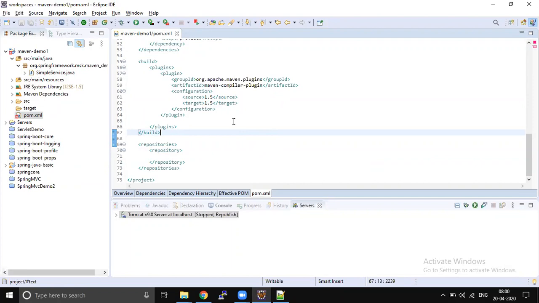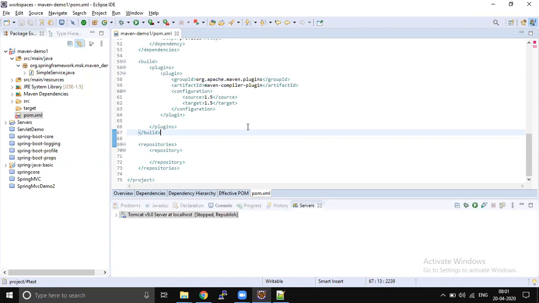So when you want to run that project explicitly, for example, you want to create a JAR file or WAR file and deploy it on a separate running server, then only you have to do that. Or to check whether there is any compilation error present in my project.